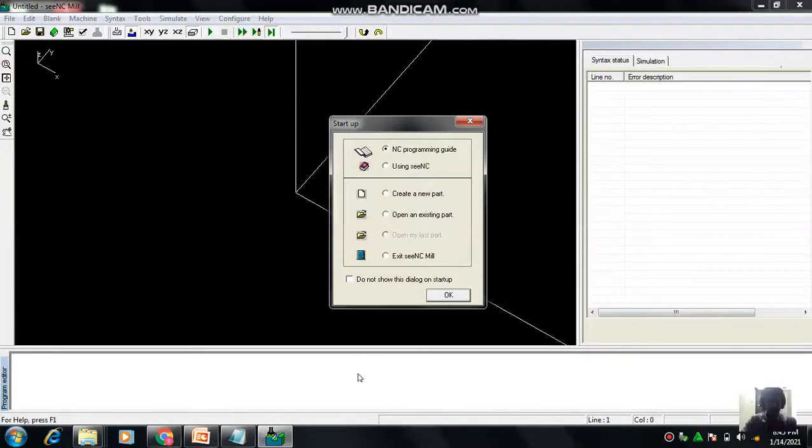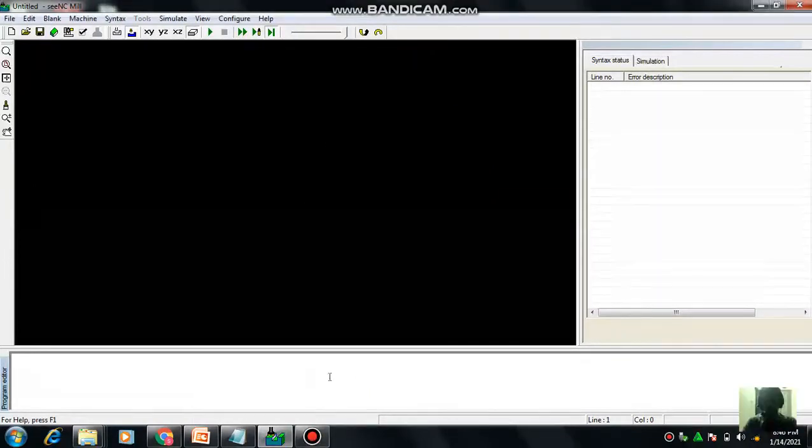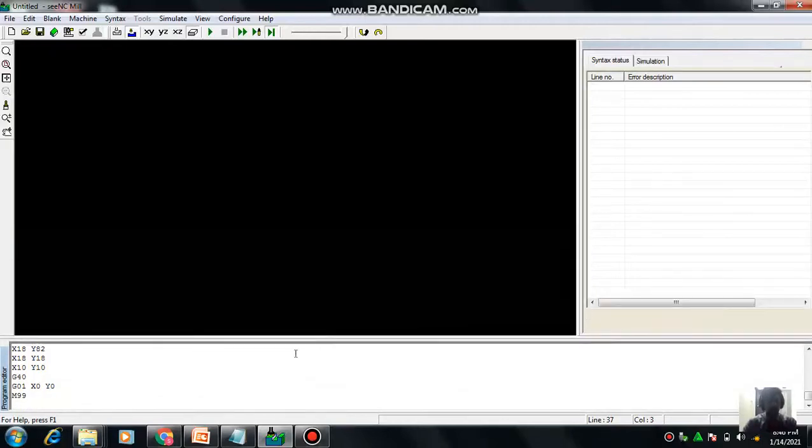Here I am going to create new. So here we are bringing the copied text and pasting here. This is the area where we copy and paste the program, right? Once you copy paste, you have to check that the notepad is fine for typing the program and copy pasting here.